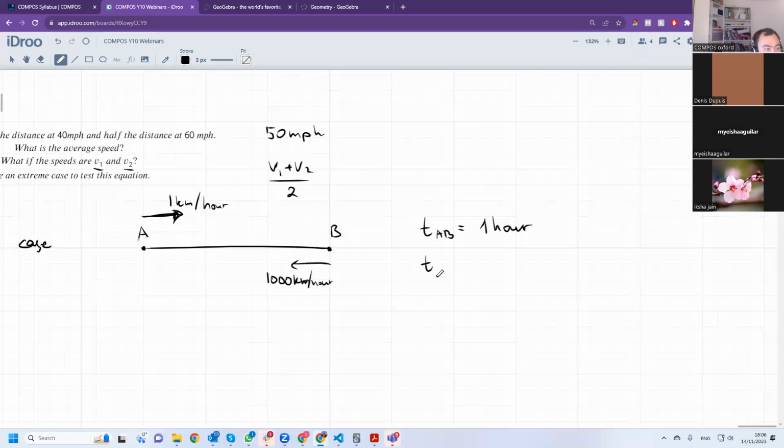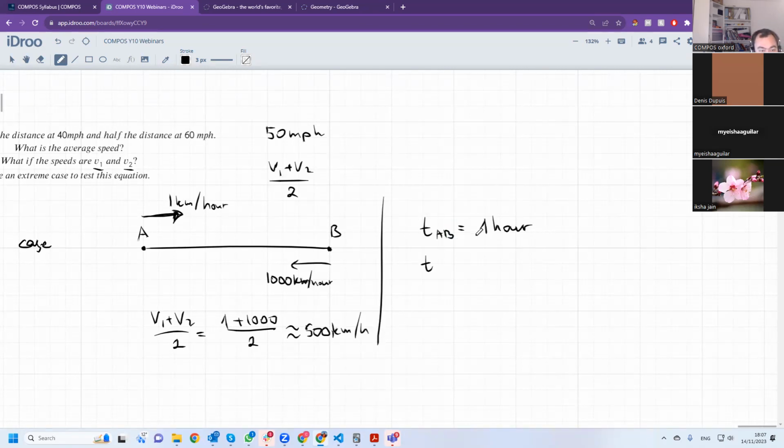Using this formula, your average V1 plus V2 divided by 2 should be 1 plus 1,000 divided by 2, which is approximately 500. So your average speed should be approximately 500 kilometers per hour, right? This is our initial idea. And then time from A to B is 1 hour. Time from B to A,